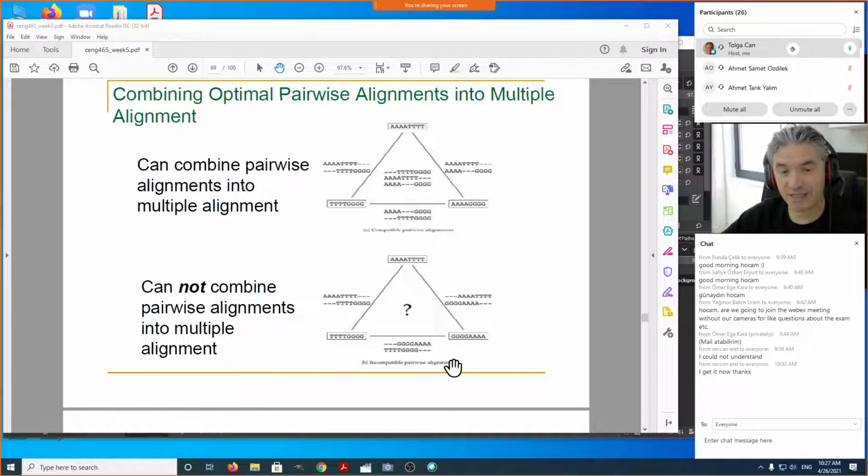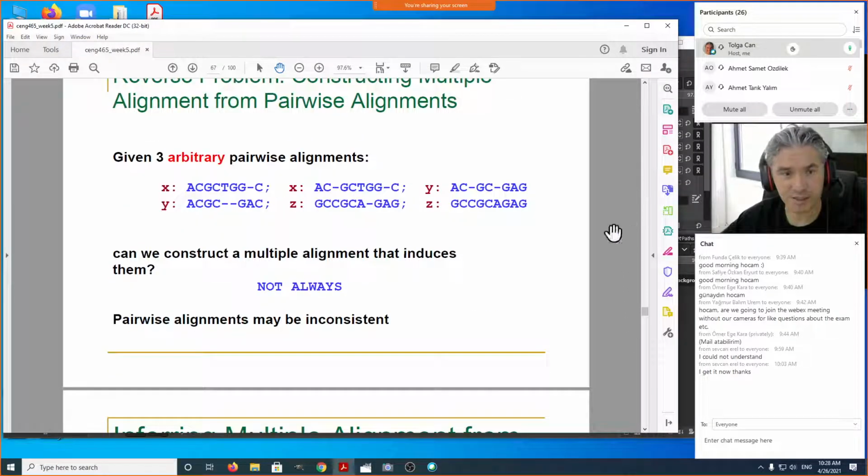If we are given k sequences, which one of them to use as the pivot, as the reference? For example, is using TTDGG as the pivot the best way to proceed? Is it going to give me a good score? Or if I use this one, would I obtain a better score if I use this sequence as the reference sequence? That's the star alignment algorithm that we're going to see next.